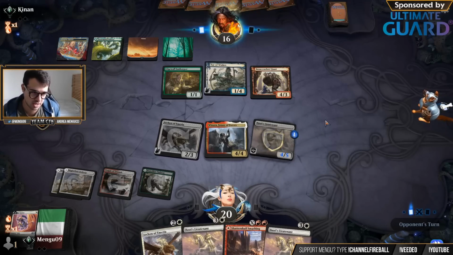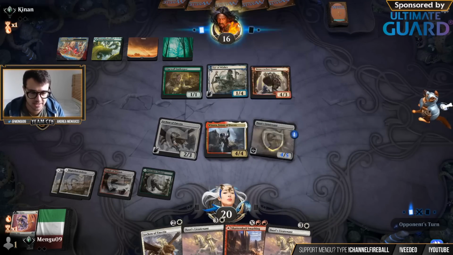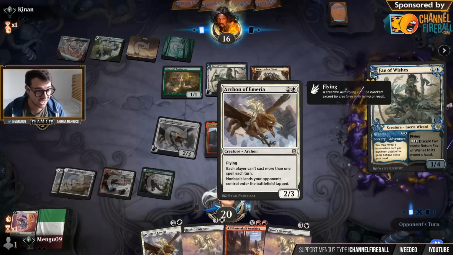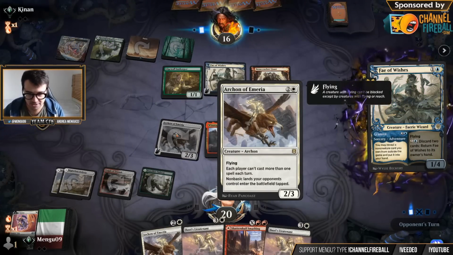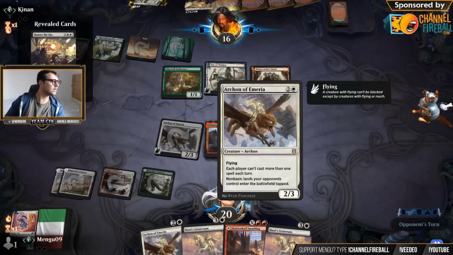Shadow Skull Smashing is a double red card. Oh, that is true, cast. I have Archon of Emeria. Wow, I didn't notice. Wow, I forgot I had this bird. Actually, it's...